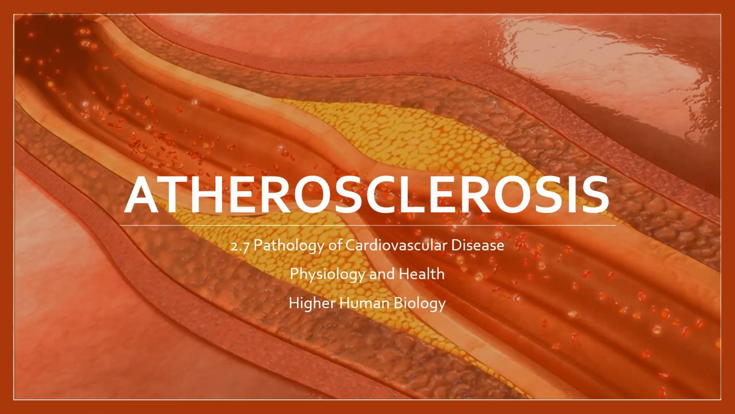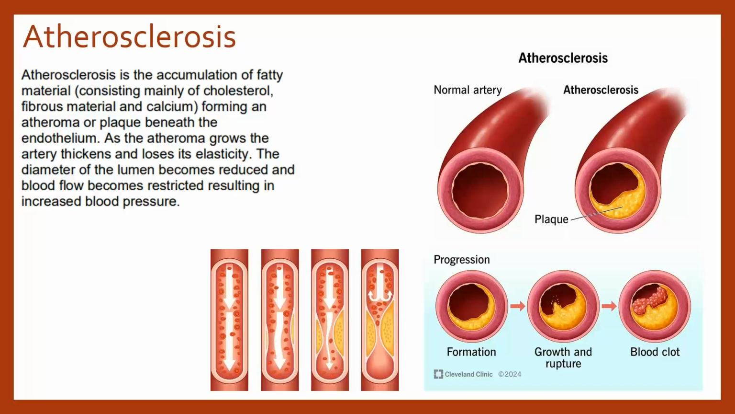Hi, and in this video we're going to begin Key Area 2.7, the pathology of cardiovascular disease, by looking at the process of atherosclerosis, or the hardening of arteries. So atherosclerosis is damage to the artery wall, where you see the build-up or the accumulation of fatty material, cholesterol